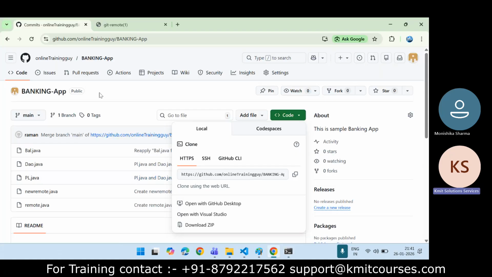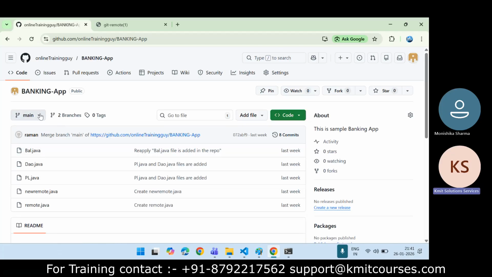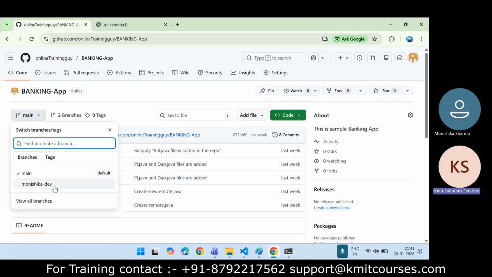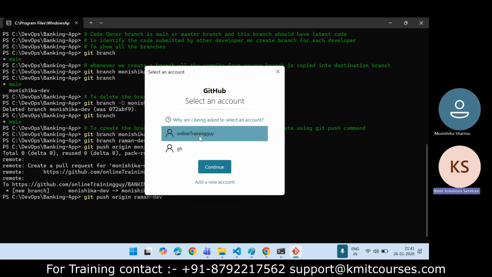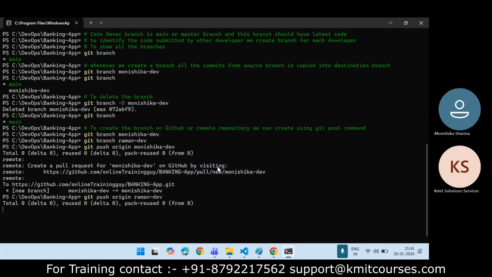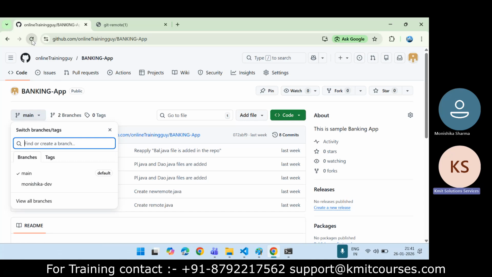Now I will go here, and if I refresh this, you can see there is one more branch, Monishika dev. Same way, if I push origin Raman dev, now it will create one more branch in my remote repository, which is Raman dev. So if I refresh this,